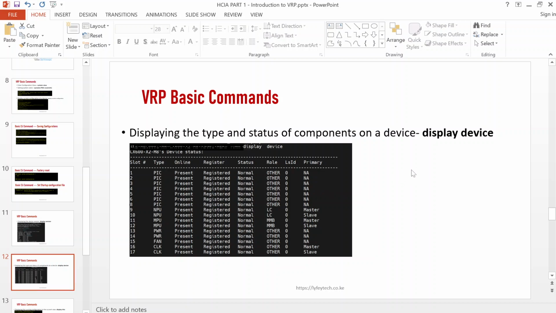Sometimes we have the big routers in the network, and we need to check the devices or the components, the cards, the line cards, the fan, the power supply units. So when you display device, it will list the type and status of components on a device. For example, when I run display device on this router, you can see we have different cards, for example, 1, 2, 3, 4, 5 up to 8, we have the PIC card,